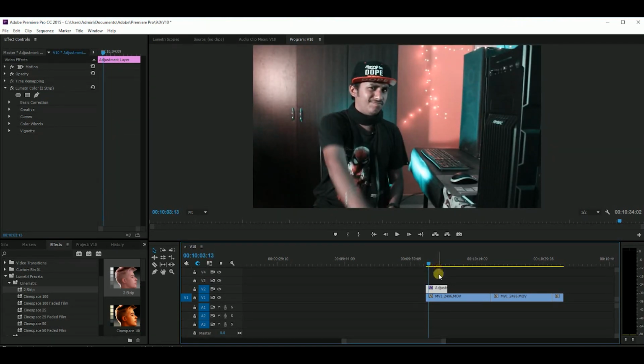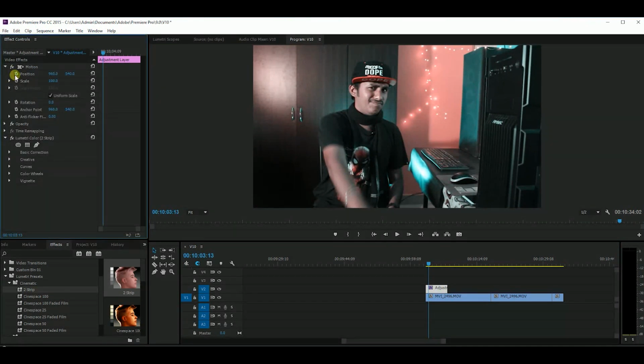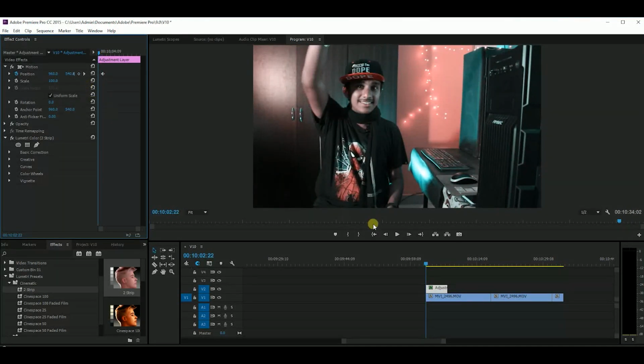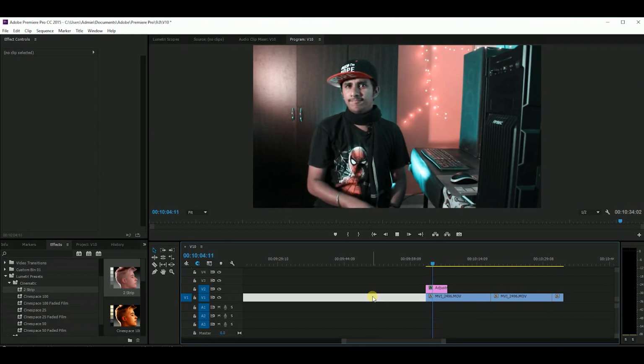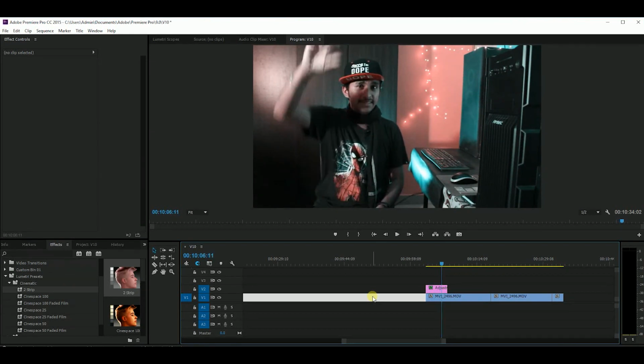Normally when you play it, it looks like the whole video has the filter till the adjustment layer comes to an end, but now we are going to make it so the filter comes from top to bottom. So I am selecting a keyframe for the position. I am changing the position like the filter is totally out of the frame. So when I play it, it looks like the filter moves from top to bottom, as you could see.